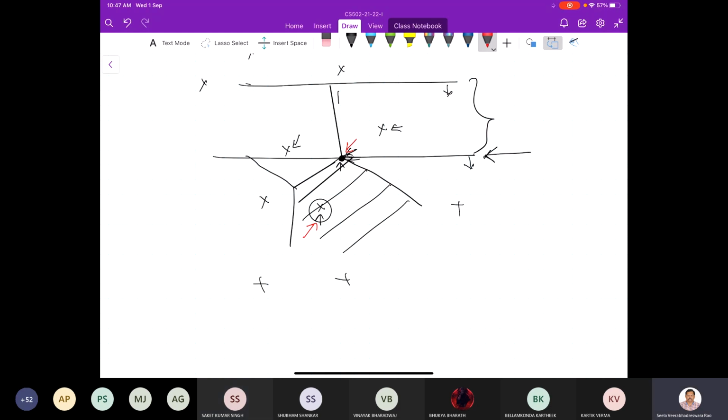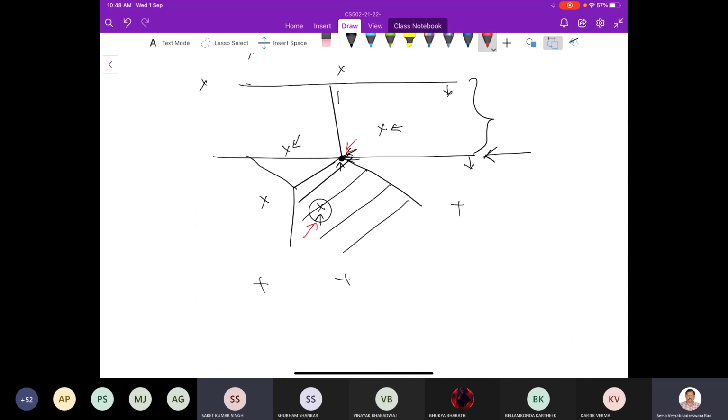So part of the Voronoi diagram above the sweep line depends on the sites below this sweep line. You got it? Some part of the Voronoi diagram above the sweep line depends on some sites below the sweep line, which we have not yet encountered. So we cannot construct the Voronoi diagram up to the current position of the sweep line. So what it leads to is that we cannot apply this standard sweep line technique as it is for the construction of the Voronoi diagram. That is the observation here, nothing else. You got that point? Yes, sir.